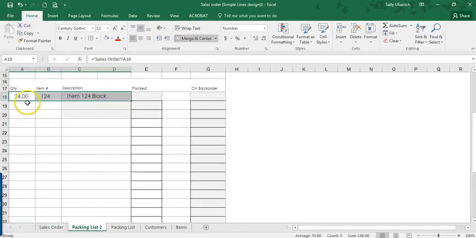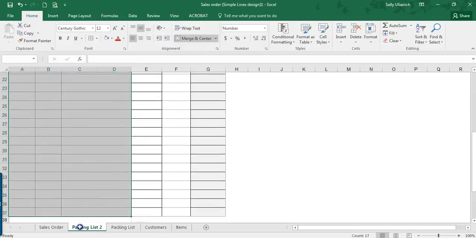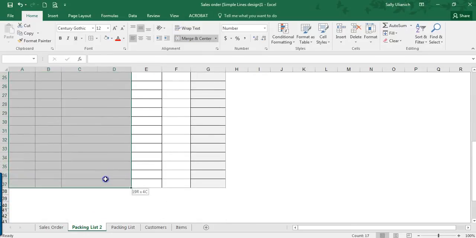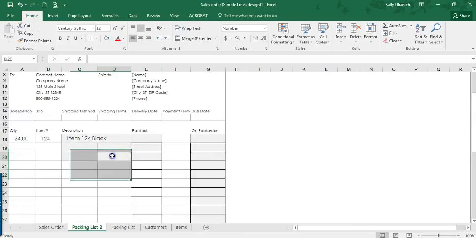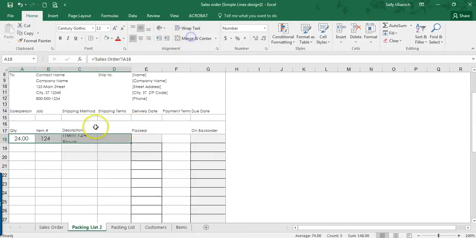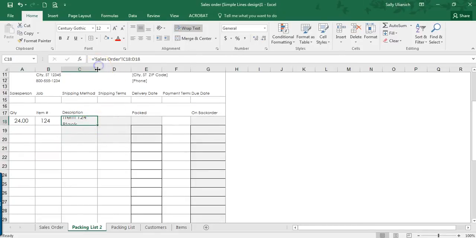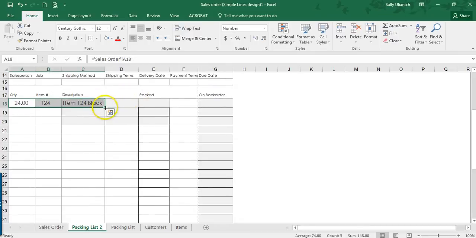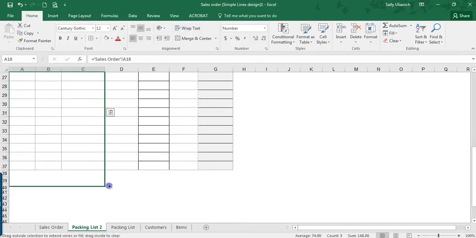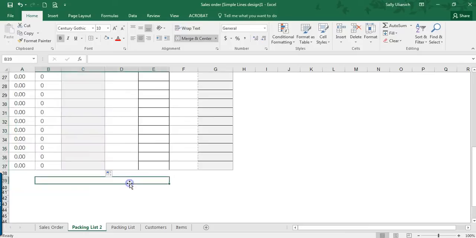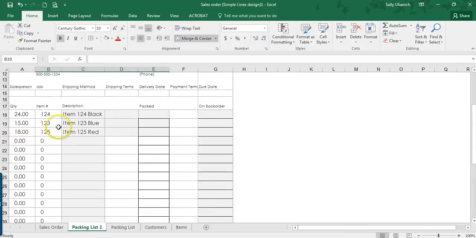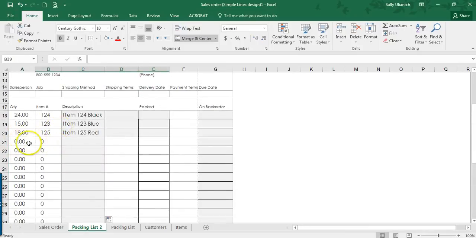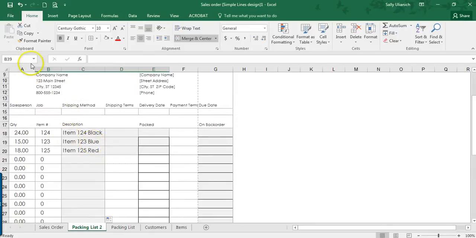Some are merged and centered. We don't need that. Okay. Let's try this again. That's why. Okay. Description was merged and centered. Okay. So we are going to drag this down. There we go. If we don't want 0 values to show up, I do have a video on that, but